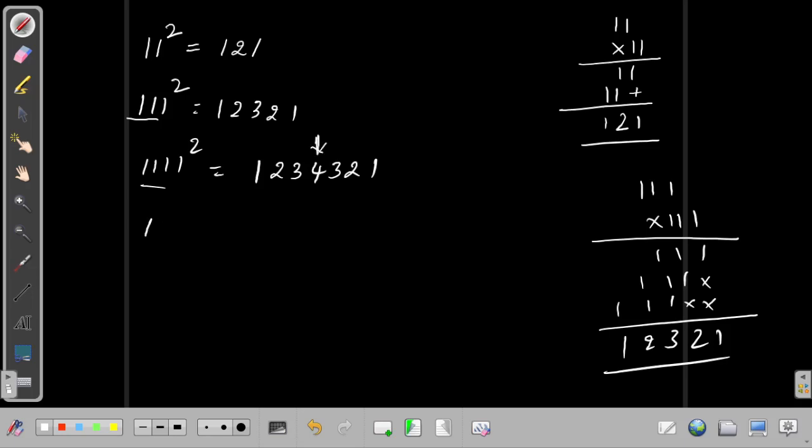So suppose if we go for 11,111. That is nothing but, here how many ones are there? 1 2 3 4 5. So your pattern should be 1 2 3 4 5 4 3 2 1. So this is one type of pattern in squares. Okay, now let us move to the next concept, that is,